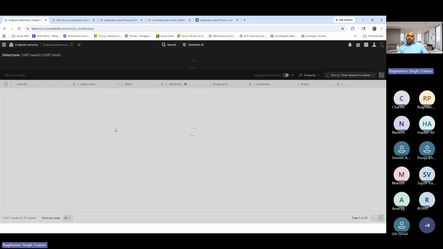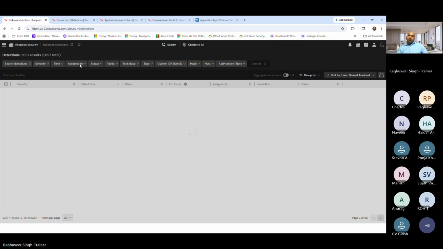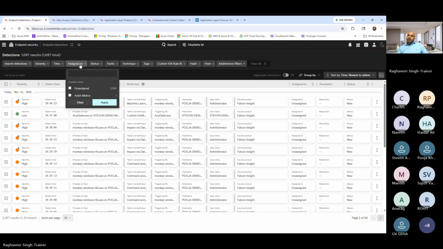If I go back to the detections tab, now I can click on assign to. Now I will be able to see Ankit Mishra. I only see the person who is assigned to. So similarly, in a production environment, you will have detections assigned to all the team members and you will see their name also. So as an admin, as a subject matter expert or senior most team member, you want to